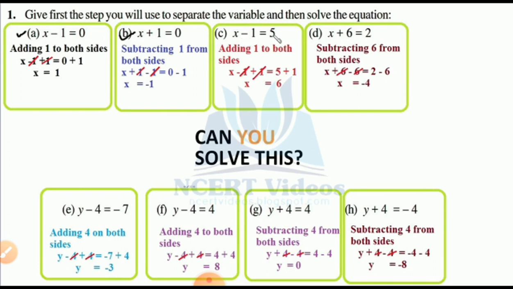C. x minus 1 is equal to 5. Very good answer. Minus 1 I want to remove. What will I do? Yes, you can do it. So x minus 1 plus 1 is equal to; on the right hand side I also have to add 1. So 5 plus 1, and the 1 will be cut. 5 plus 1 gives me 6. So x is equal to 6 is the answer. Easy? Yes, very easy questions. I will show you the next method also. There are new methods, but in the next exercises.